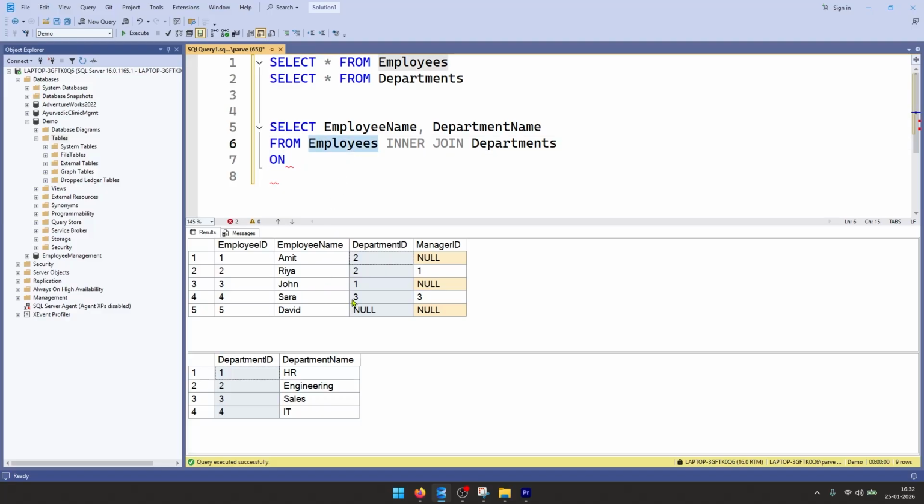I want to use the department ID from the employees table. So I can specify that with the table name dot department ID. Okay, so I can select this column from this table. Similarly, I will say this department ID is equal to department ID from the departments table. So I can say departments dot department ID, right? So using this, we can join these two tables. If I execute this now,